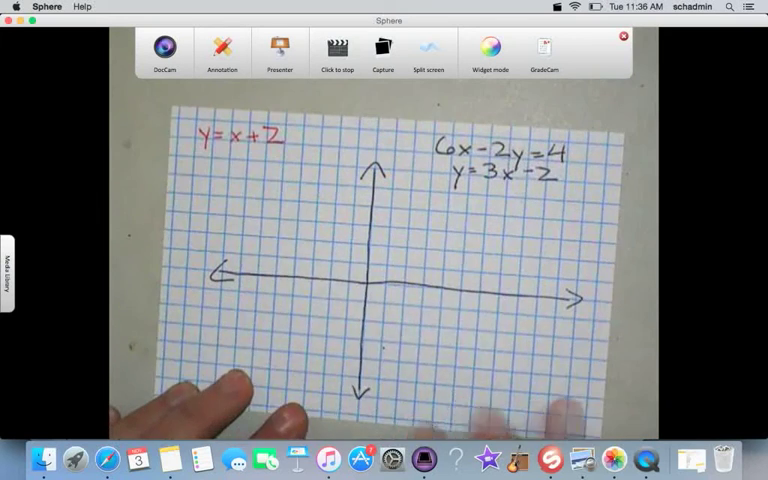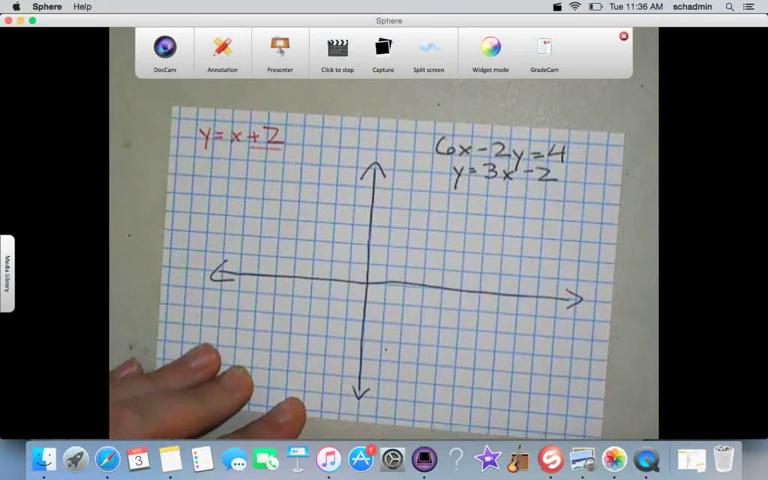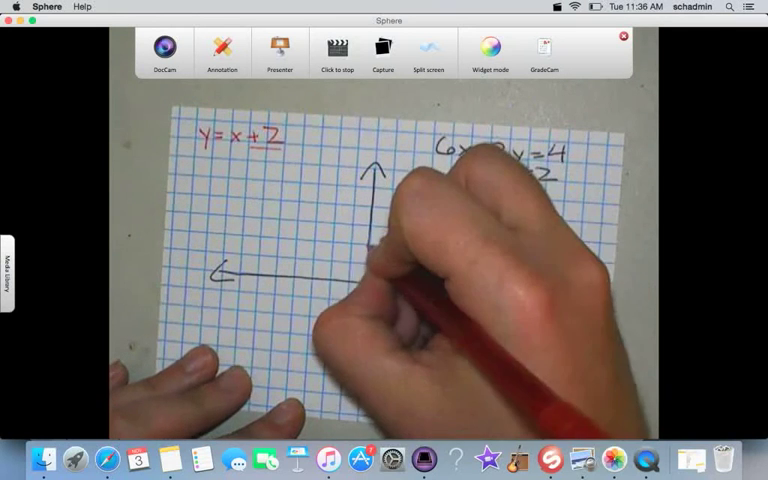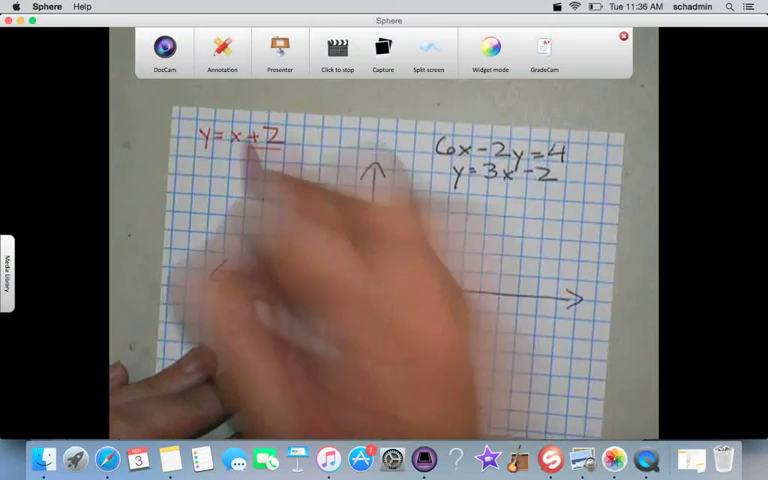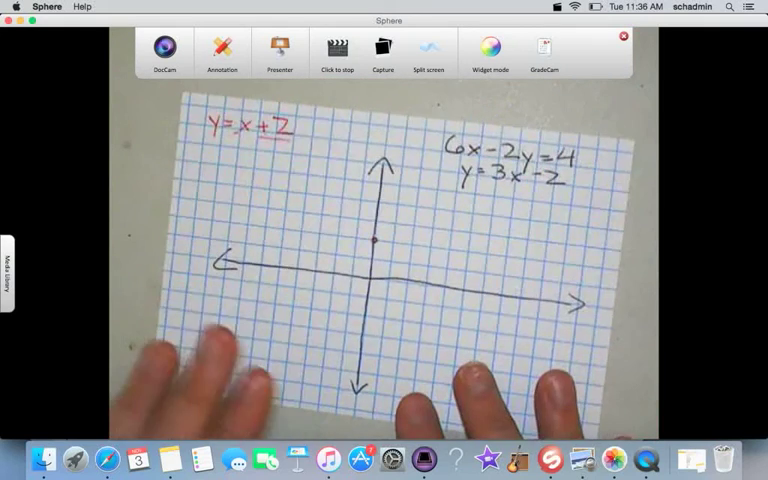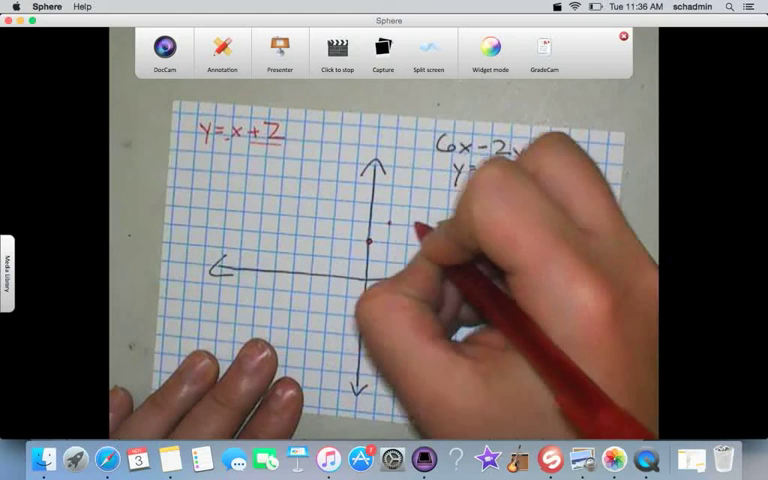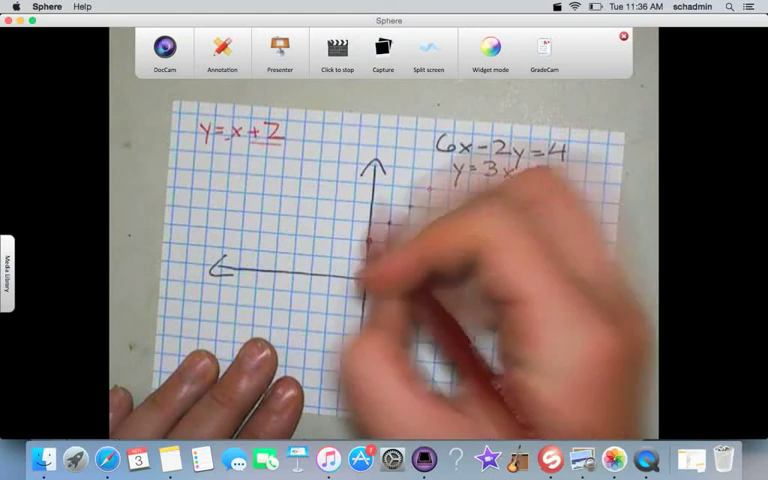Let's start with the red one. This one's pretty easy. The y-intercept is positive 2 because it's a plus, and the slope here will be 1. That means that your rise and your run are going to be 1. So over 1, up 1, over 1, up 1, over 1, up 1, and so on and so forth